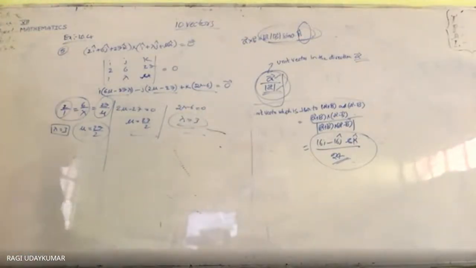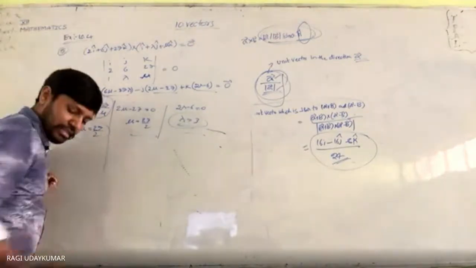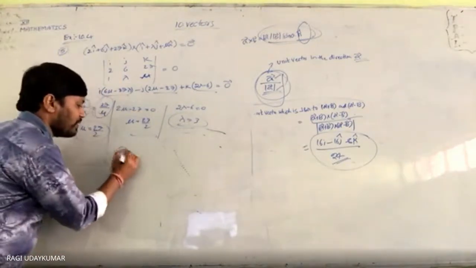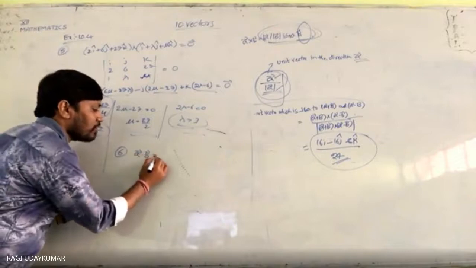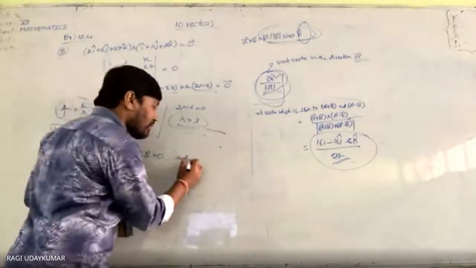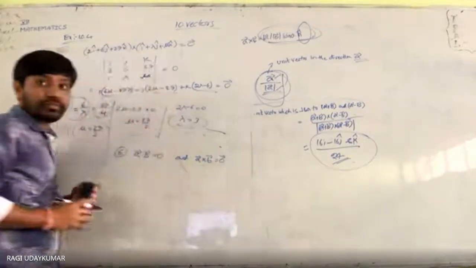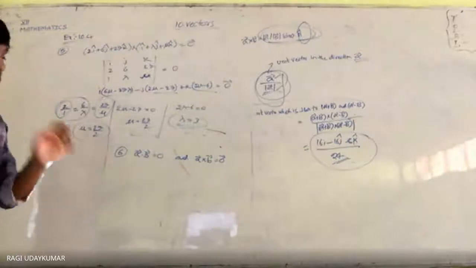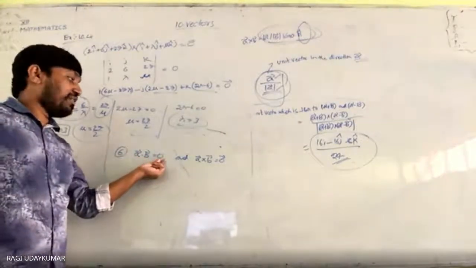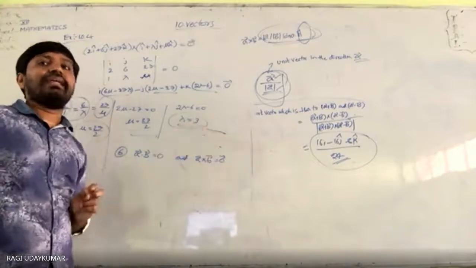Understood the difference? Sixth question: nothing else is given. Simple. A bar dot B bar is equal to 0, and A bar cross B bar is also equal to 0. Mention that the dot product is 0, not a vector, while the cross product is the null vector. Write the vector symbol on top.